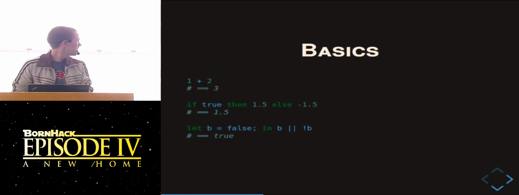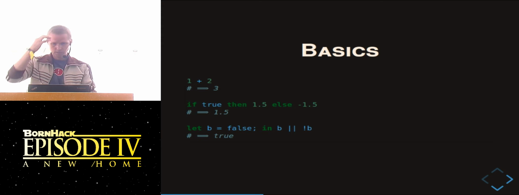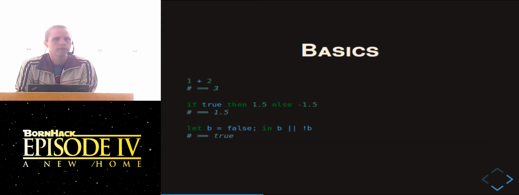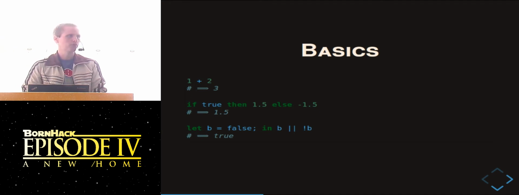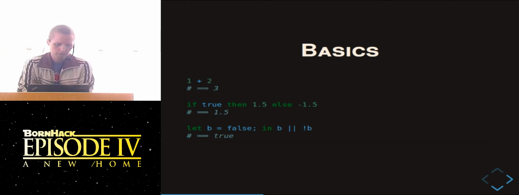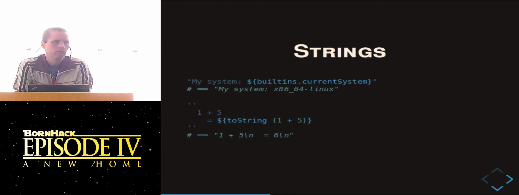So let's just, is that visible? Yeah. So just some very simple basics. The Nix expression language allows you to operate with different kinds of data. Typically it's numbers, whole numbers, booleans. It's also possible to describe decimal or floating point numbers, but you can't actually perform computations with them. At least you couldn't before. So it's very focused on simple operations.